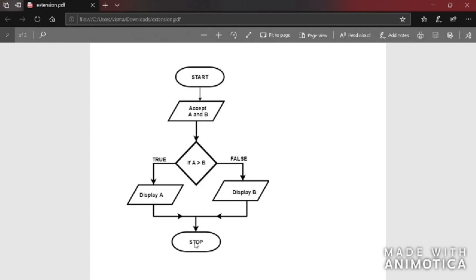What I've explained here is just for if conditions. There are looping conditions also. Looping is when the same step has to be repeated many times. For example, I would like to reduce 2 from 10 for 2 times. The first time I reduce 2 from 10, so it becomes 8. Again from 8 I reduce 2, it becomes 8 minus 2, which is 6.